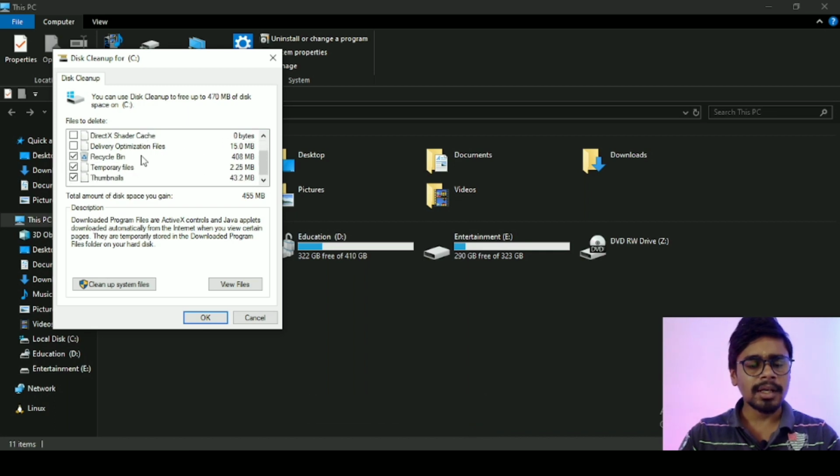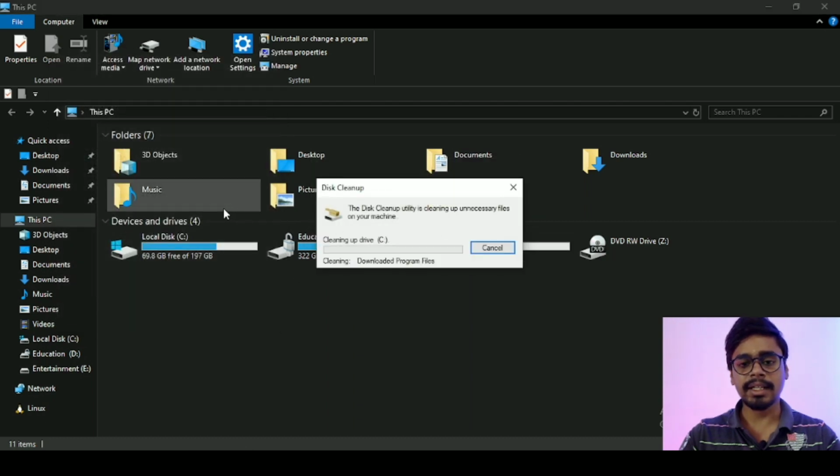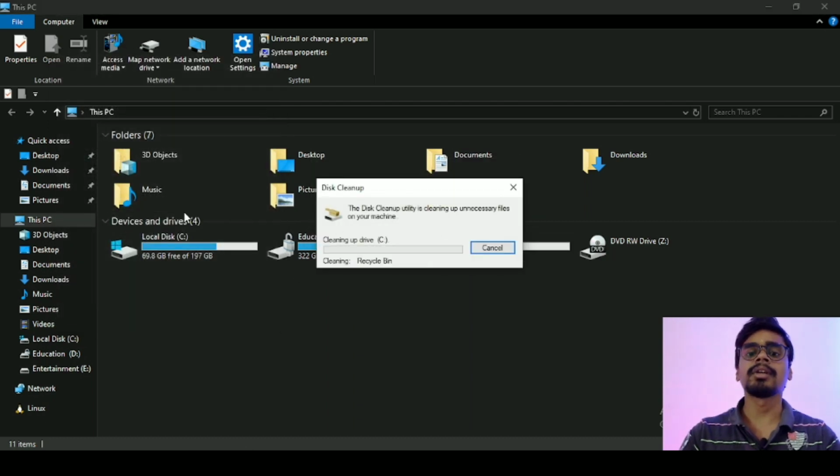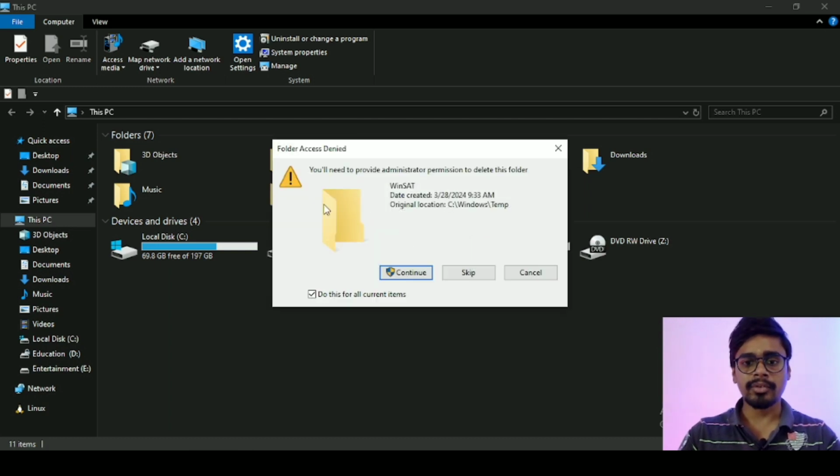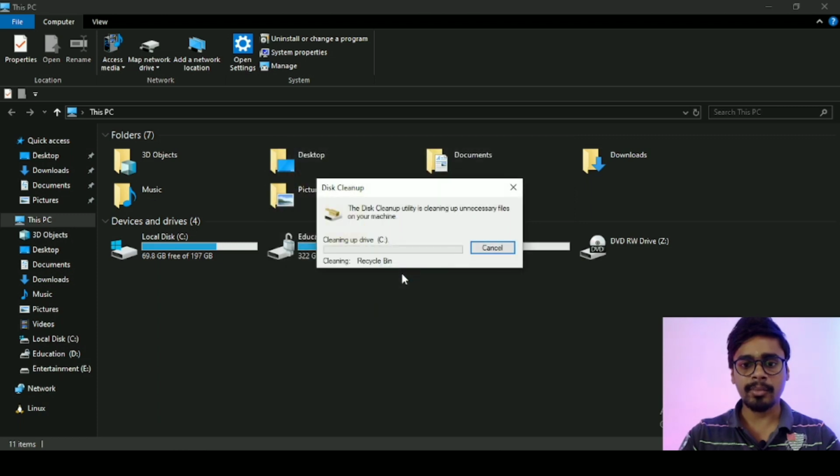So just click on the check boxes which you think these are relevant to you. So just click on those and click on this OK button, followed by this delete files. It will delete all those files and it will free up some storage for you. If asked for administrative permission, then just simply click on this continue button and it will free up some spaces for you, right. And the fifth and the final, not the final, fifth step is what you can do is